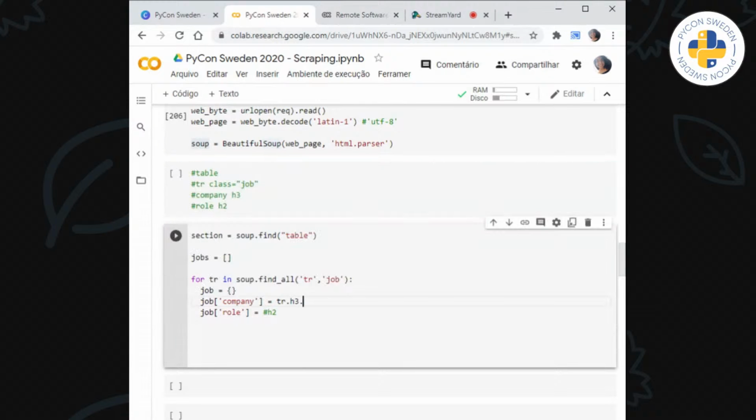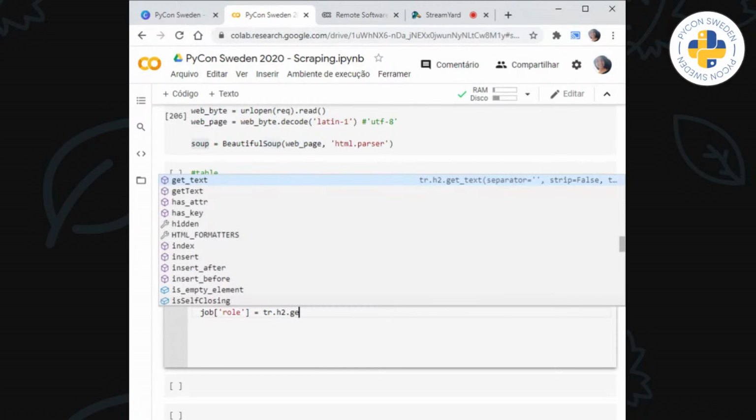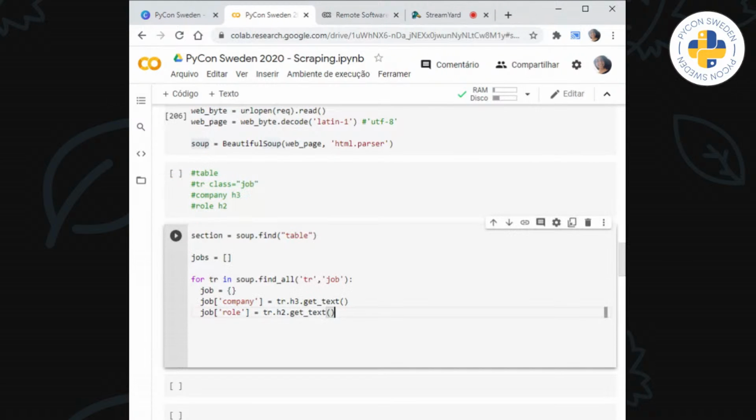We can do this as I said before. It's going to find the first title, and it's also the only one. And we are going to get text, because we don't want to get the tag information for no reason, right? So this should already be getting the company and the role.